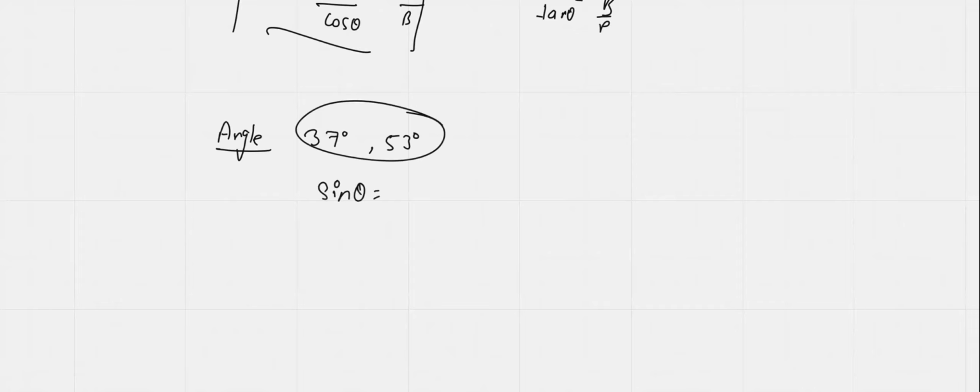One important pair of angles you should know: 37 degree and 53 degree. Why are these special? Sine of 53 degree gives you 4 by 5, and cos of 37 degree gives you again 4 by 5. Clear? So if you have an angle like this,